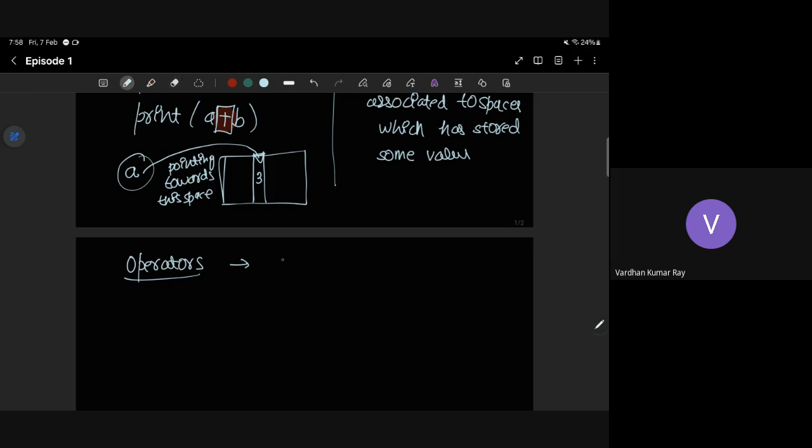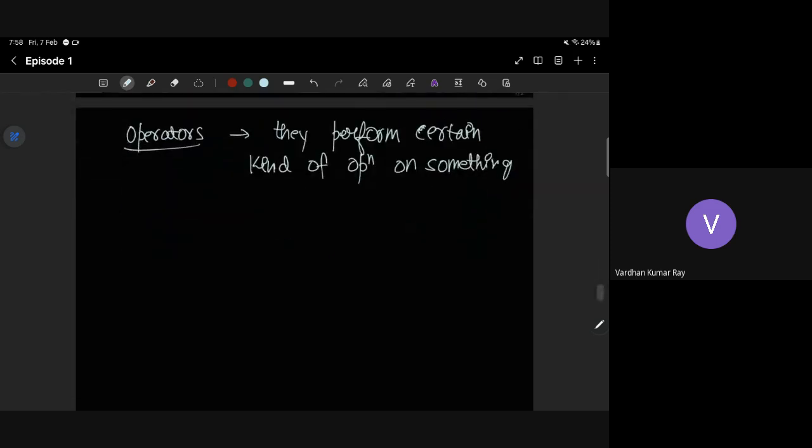They perform certain kinds of operations on something, and this something differs a lot. As you can see, this equal to symbol has some strict condition on what I can put on the left side and what I can put on the right side, right? So this is known as the assignment operator.